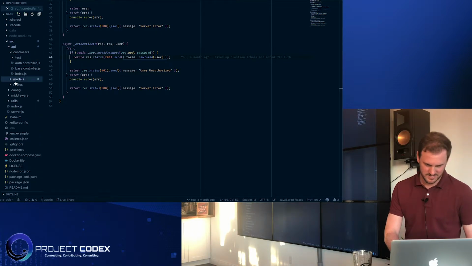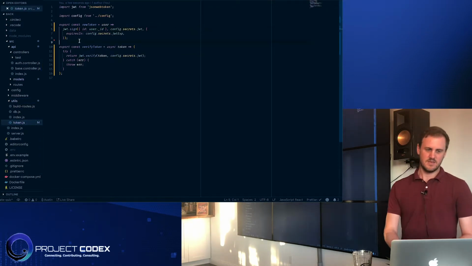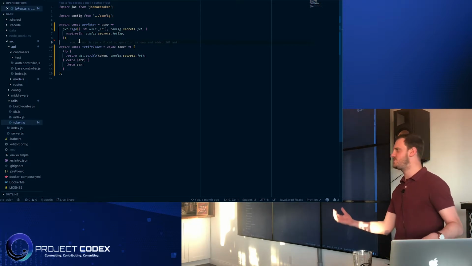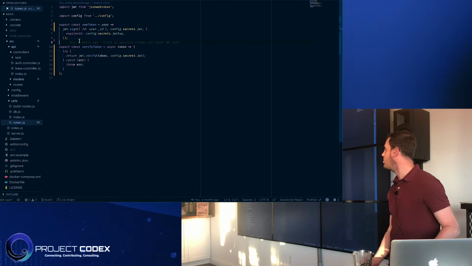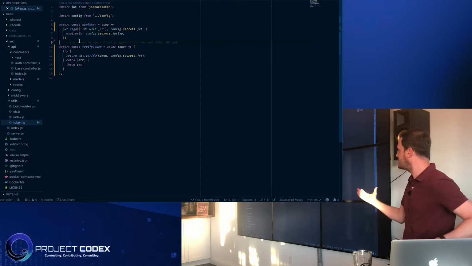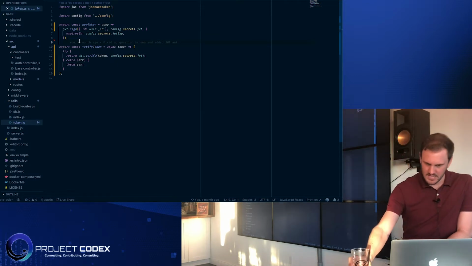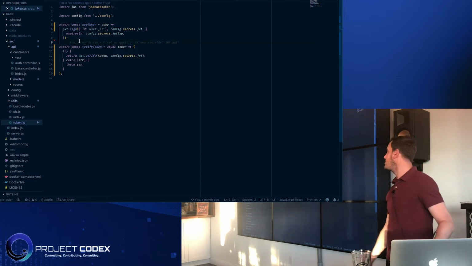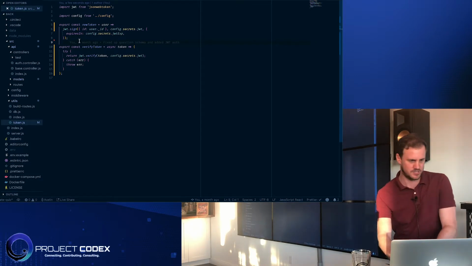There's another reason why I like TypeScript. Utils, Token. There we go. So I'm just using Auth0's Node JWT, or JSON Web Token, library to simply create a JWT token with the secrets. So I can show you real quick